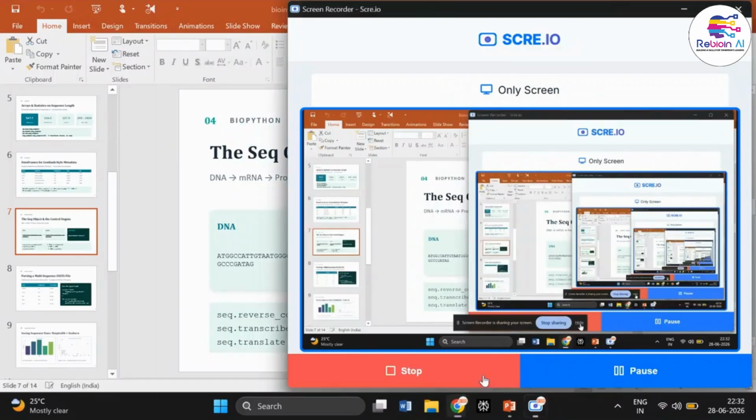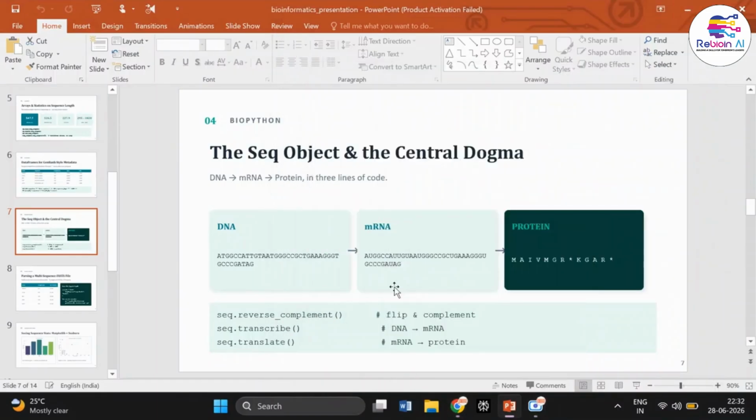So that was a little demonstration about Biopython. So we'll see about basic terminologies in Biopython. So firstly, sequence. Previously we used sequence, right? What it does generally, as I said earlier, is store and manipulate biological sequences such as DNA, RNA, and protein. Basically, what we used previously was to store DNA and RNA sequences, and using this terminology